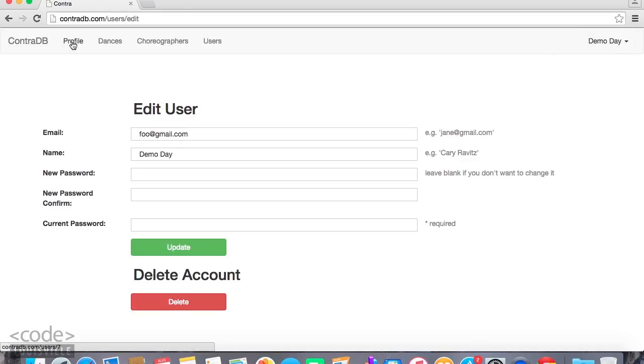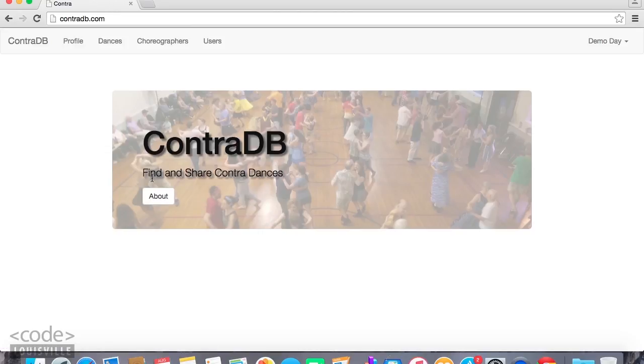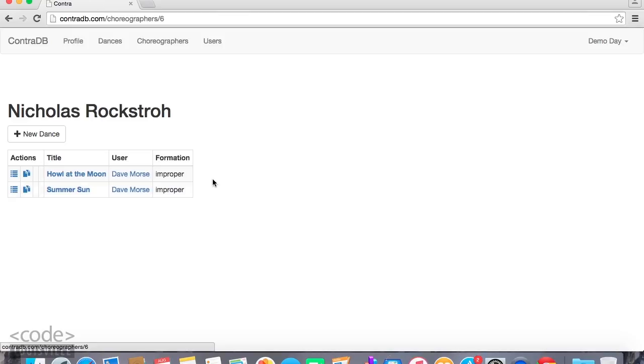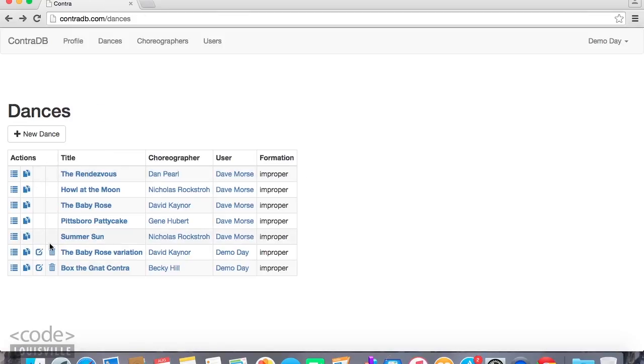So here is basically a dump of all the dances in the database. And you can look through them. You can find all the dances by a certain choreographer by clicking on that choreographer's name. You can take certain actions on the dances, like you can view the dance. Let's look at the Baby Rose variation. You can edit the dance. That brings up this editor, and you can do all the things to the dance. More on that later. You can copy the dance,